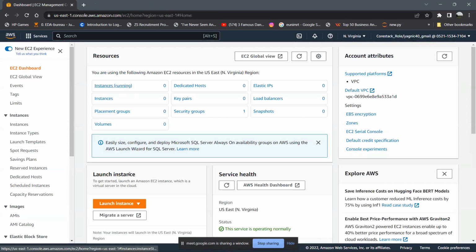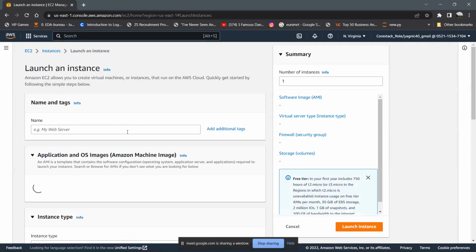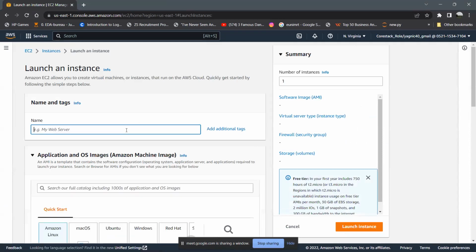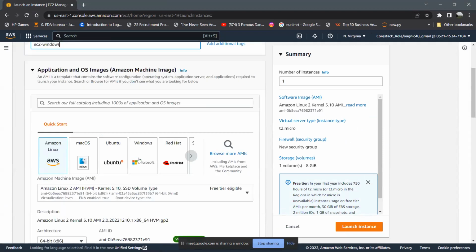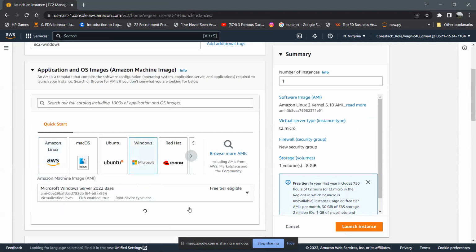Let's say I'm just going into launch instance and just saying EC2 Windows, selecting the Windows operating system,